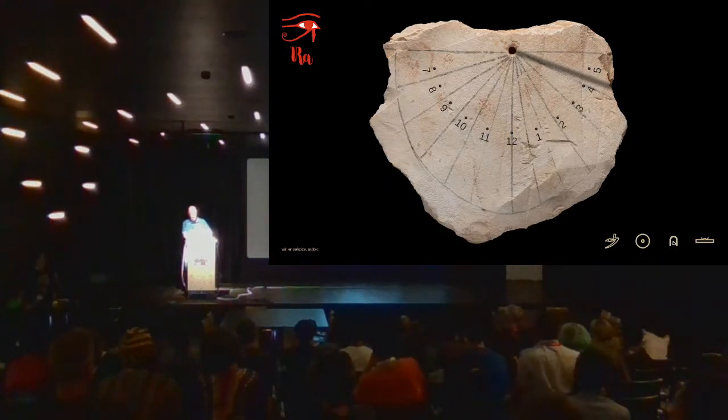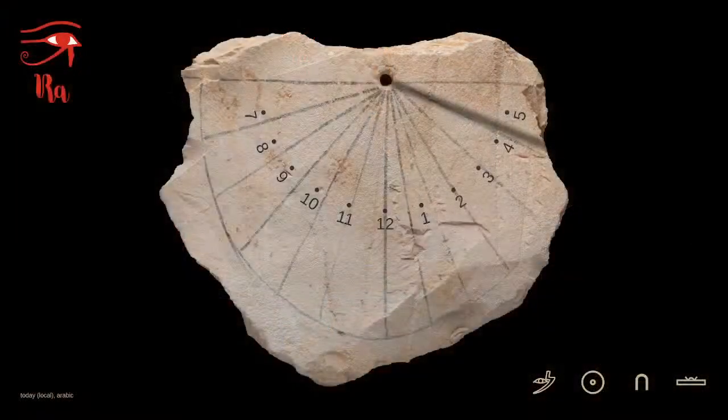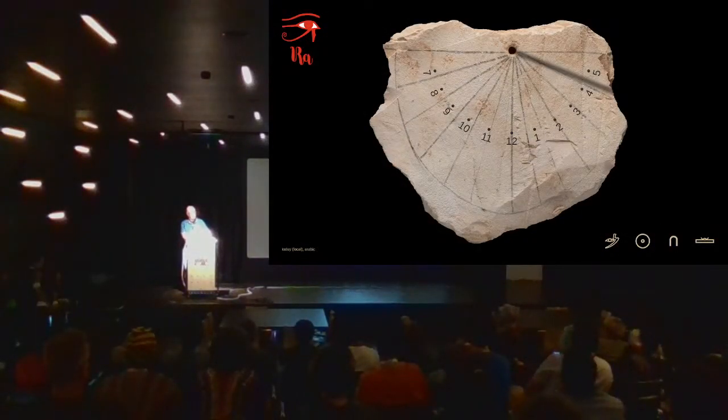Now, there are a couple of problems with this find, which we discover when tapping onto this hieroglyph. This is the hieroglyph for sun. So this is the button that toggles the different astronomic modes of the interaction. If we tap, we see this is the division of a sundial, if it were correct, on the two equinoxes. That is around the 20th of March or the 22nd of September. You can see that almost no line will match, which is a problem, except for one line. That is the line going straight down from the hole to the bottom of the ostracon, which is, of course,